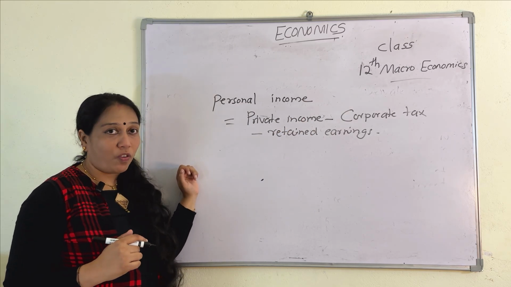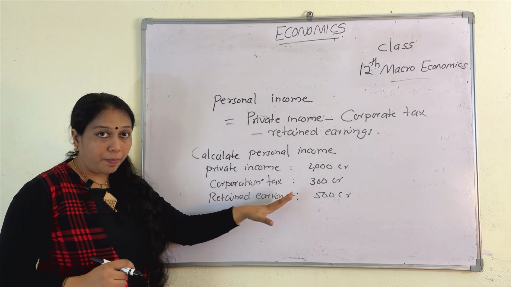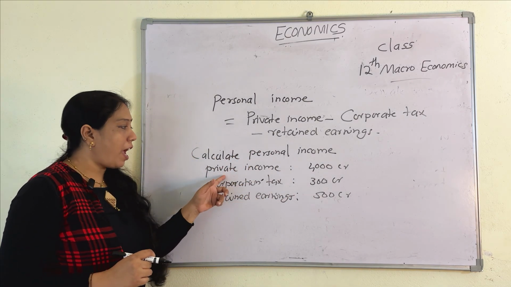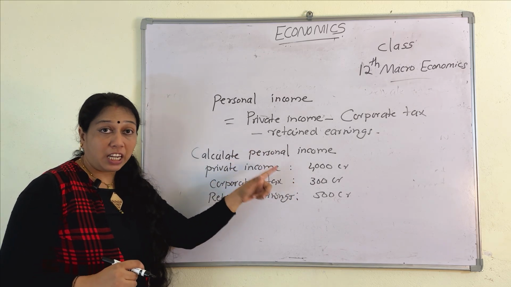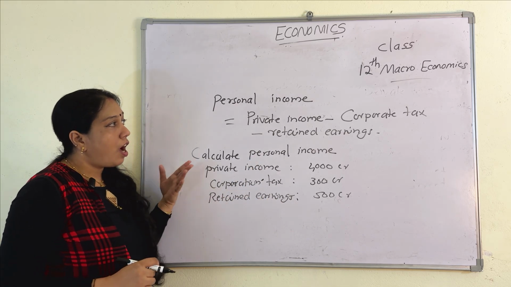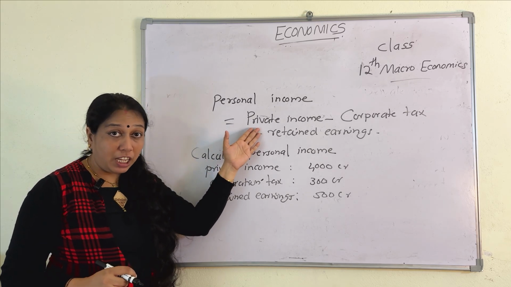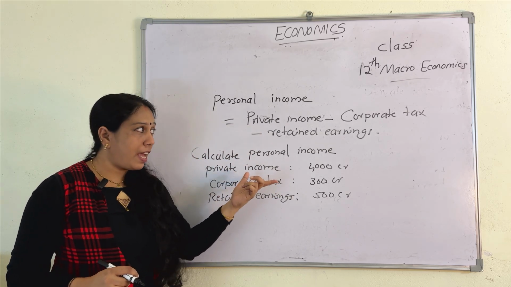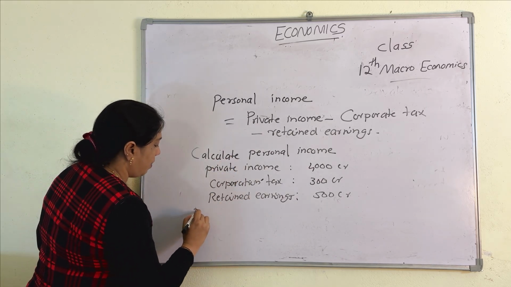Okay, now we'll solve one problem. Here you have to calculate the personal income, and the available data is private income equal to 4,000 crore, corporation tax 300 crore, and retained earnings 500 crore. Okay, and we already studied the equation to find out the personal income, that is private income minus corporate tax minus retained earnings. Okay, so personal income equal to,